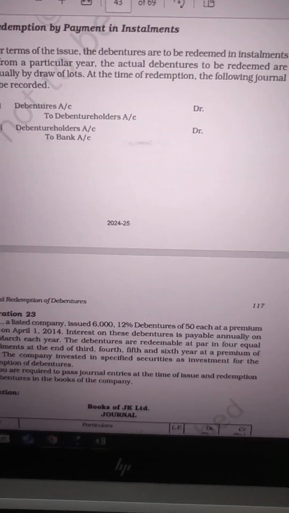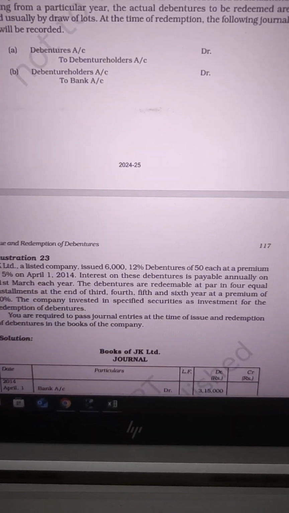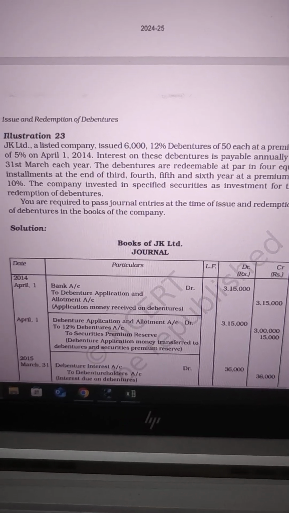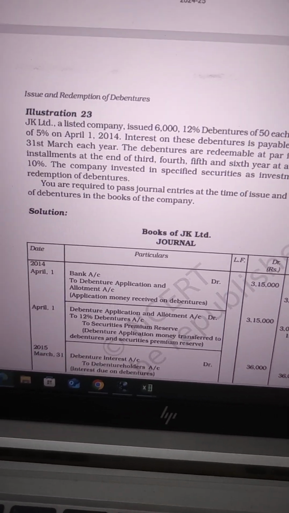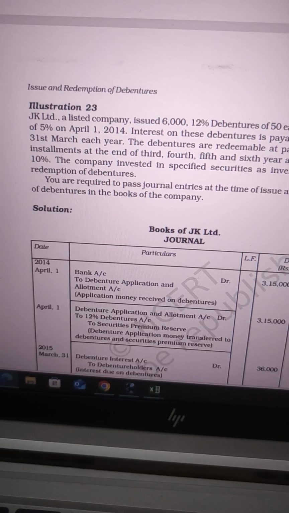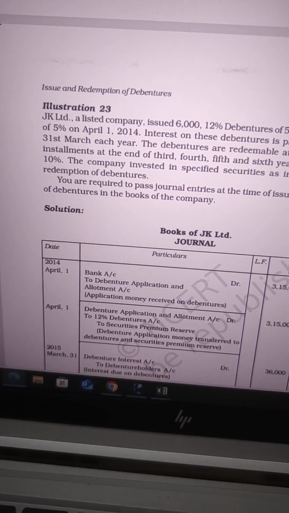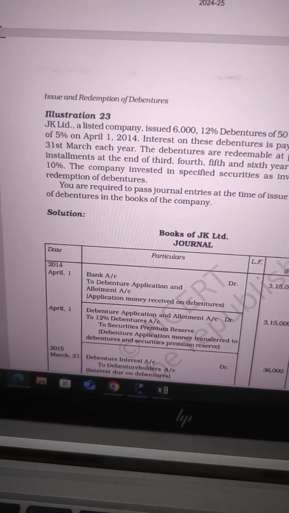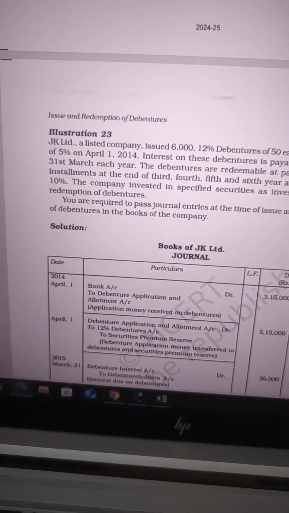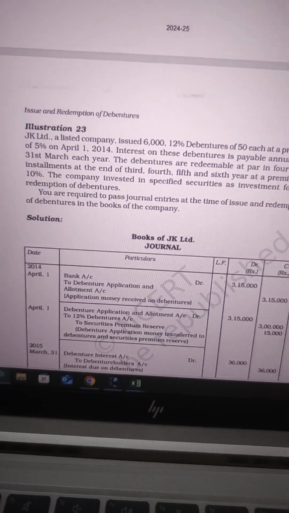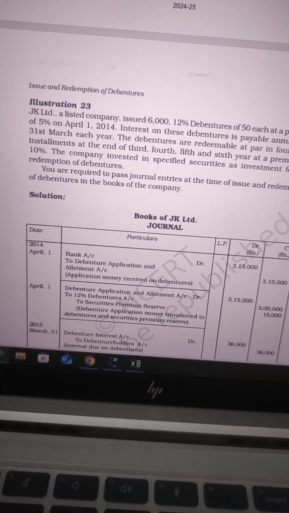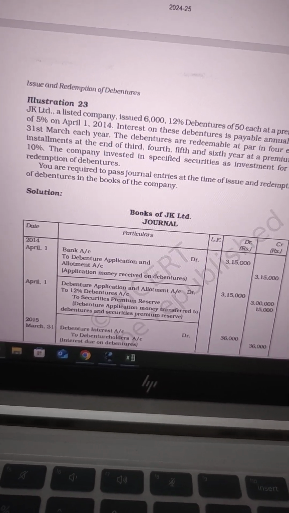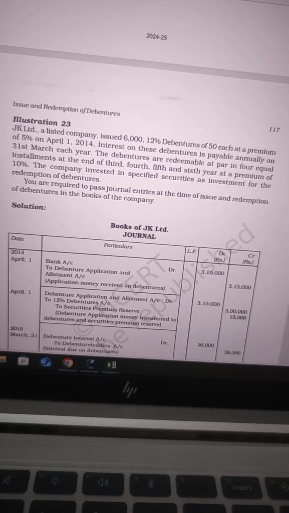That is, debenture account debited to debenture holders account, debenture holders account debited to bank account. And also, if the debentures are to be redeemed out of profits, there is another journal entry, that is statement of profit and loss account debited to debenture redemption reserve account. The debentures can be redeemed out of profits and also be